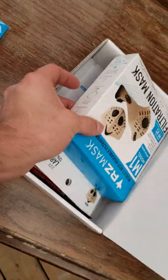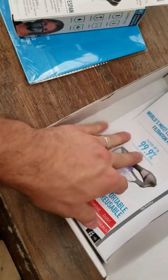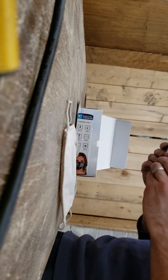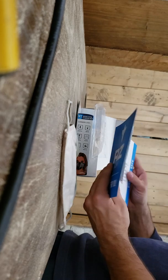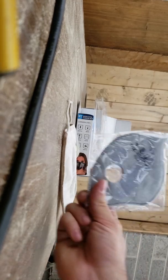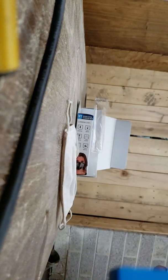Let's pull things out first. We got model M1, just neutral colors. Got some instructions and advertisement, and so we'll go through these. First of all, what is the gift? Ooh, a high flow active carbon filter. It's good because I wanted to try those, but I wanted to make sure everything fit first before I bought